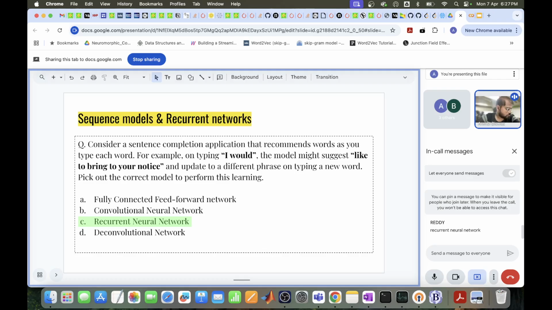to generate the next future content, future outputs, right? Or the present predictions for the present token. So yeah, if you are trying to do an autocomplete model, obviously you would use a recurrent neural network, right? Alternatively, you could use a transformer-based network, but we're going to leave it